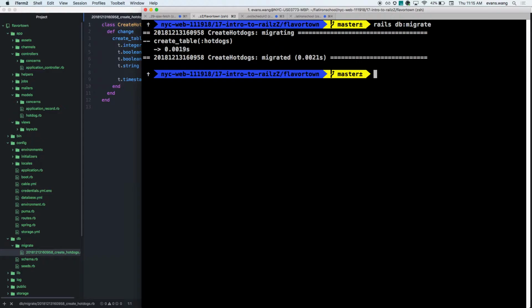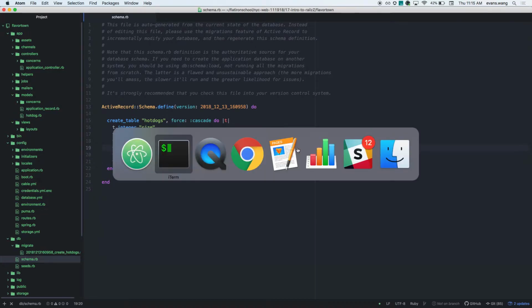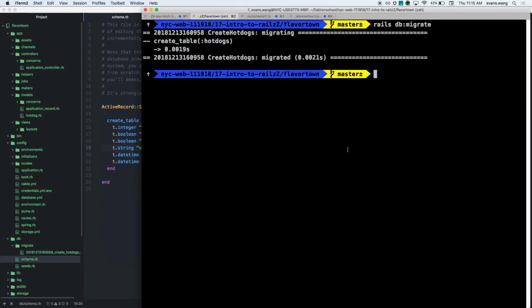So, I created this migration, right? Now I have a schema. And is this exactly what I want? See how this created, updated? That's where t.timestamps come from. So, how can I test? Should I do this like rake console? No. God, and I have to build it in the rake file? Trash. Rails console. But